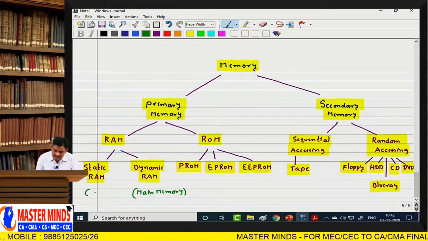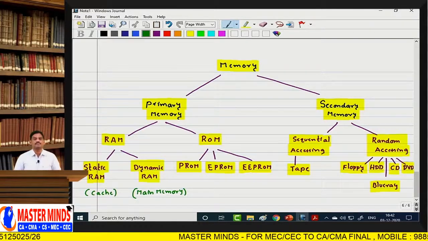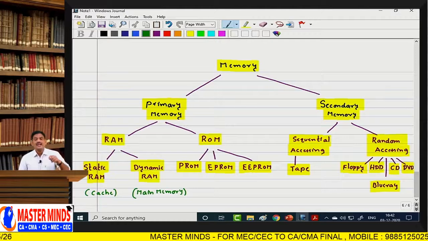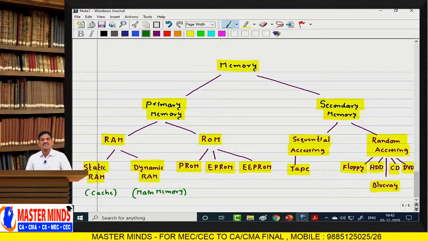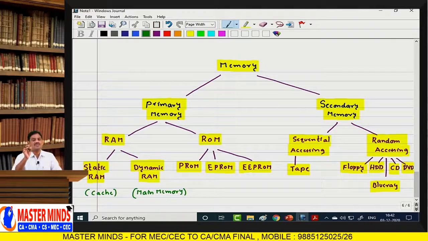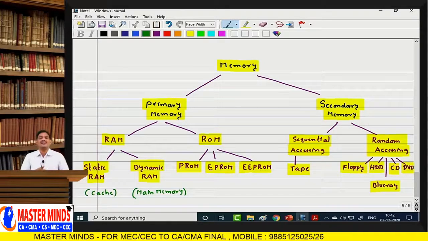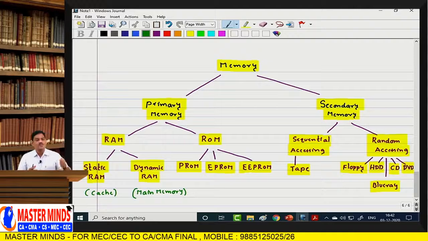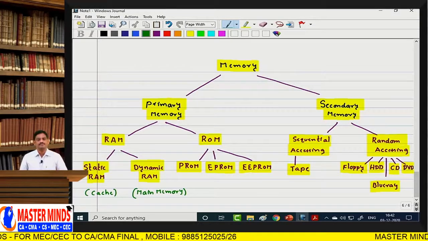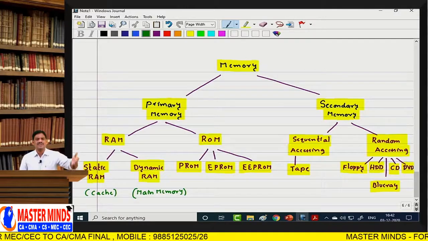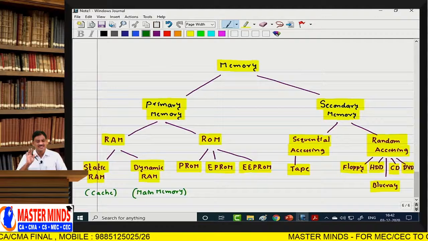Static RAM is somewhat higher speed when compared with dynamic RAM. That's why static RAM can be used as cache memory. We cannot replace, add, or modify the cache memory; it comes along with the motherboard. Again, we have different types: L1 cache, L2 cache, level 3 cache and so forth. There is no need to discuss those at this point.